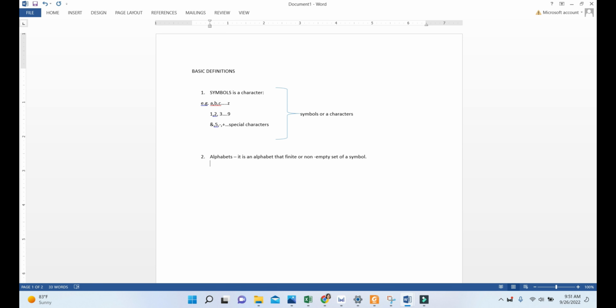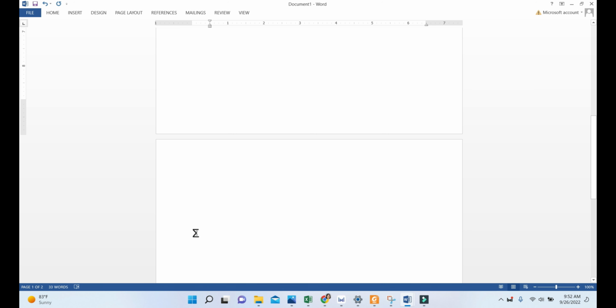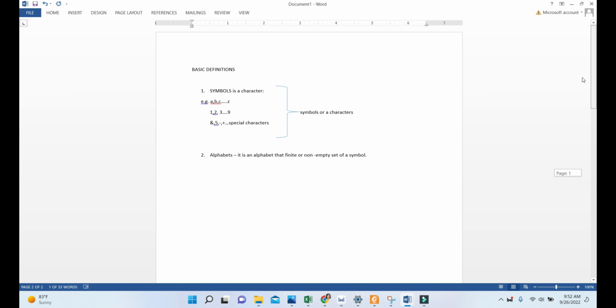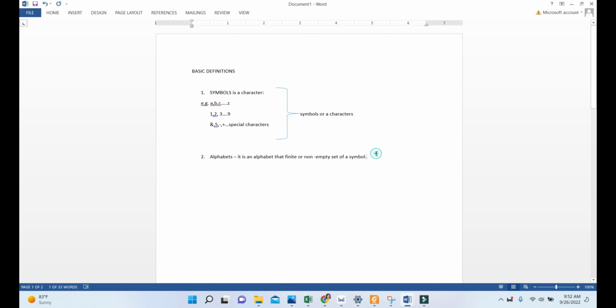Alphabets are denoted by sigma. I have pasted the sigma symbol here. So when we say alphabets, it is denoted as sigma. Since we defined alphabets as a finite, non-empty set of symbols, an example is that sigma, or the alphabet, is a set of